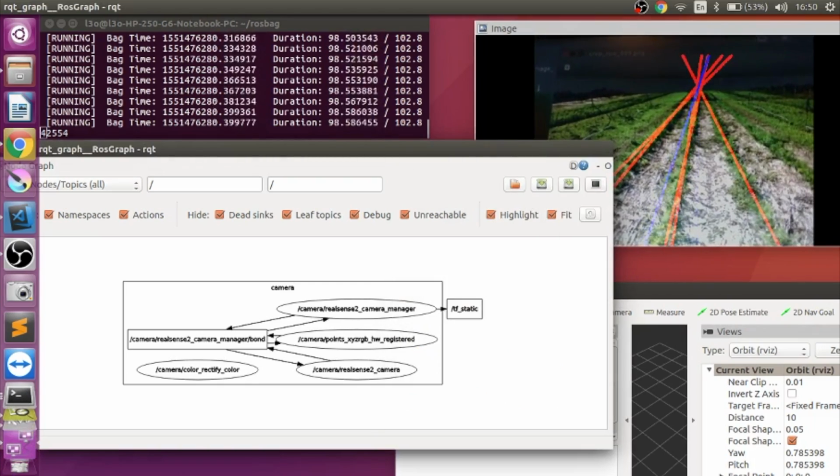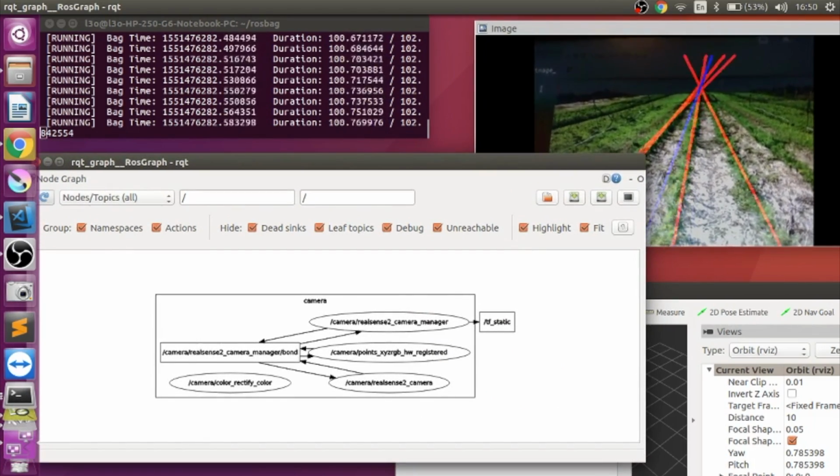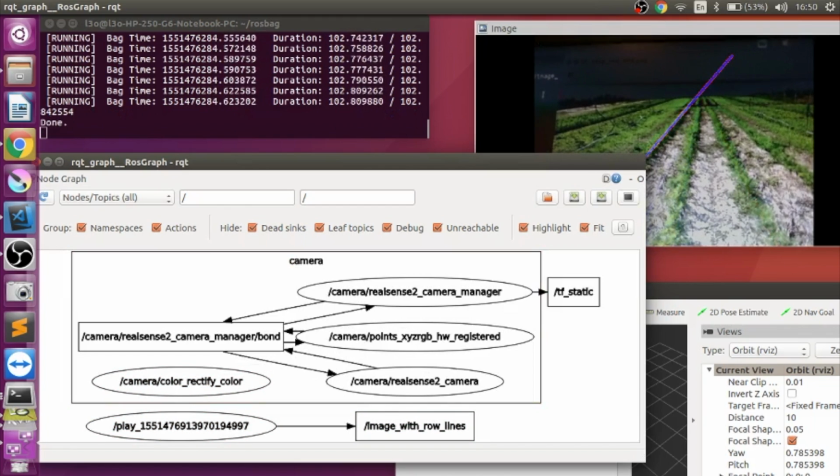And we can also see our graph over here with the ROS bag, and that's our